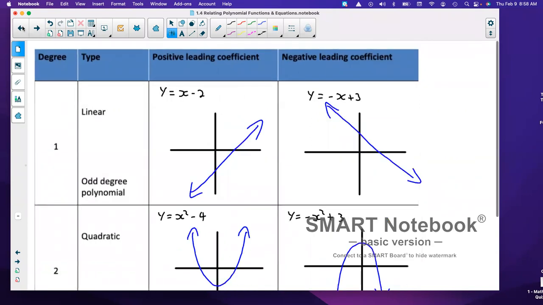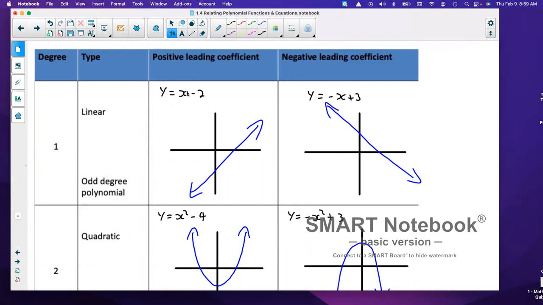So if we go further up, our quadratic, 2 minus 1 is 1. So we've got 1 valley here, 1 hill here. Linear, 1 minus 1 is 0, which we have a straight line, so we don't have any hills or valleys. What we'll look at next is the patterns between our odd degrees and even degrees, as well as our leading